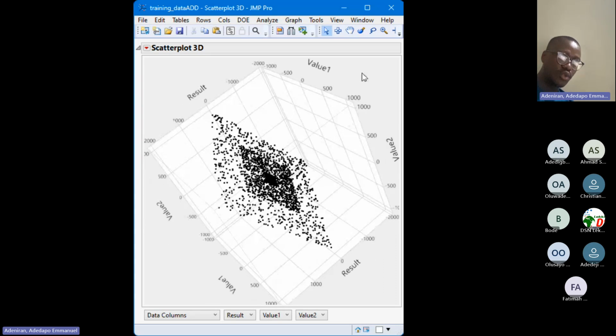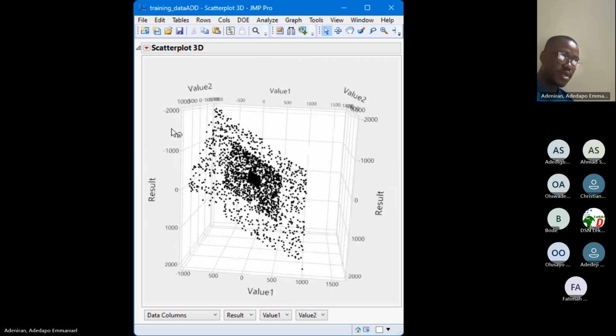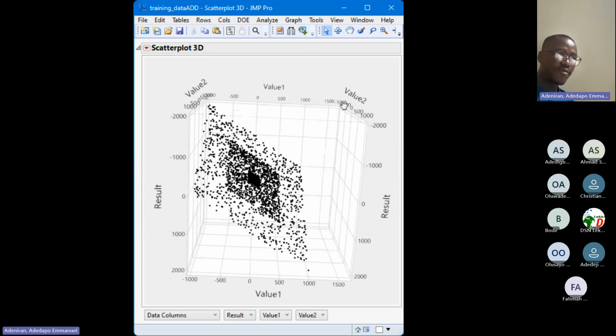So if we look at it from this angle, let me bring it down like this. If you look at it from this angle, value 1 plus value 2 will give us results on this axis. So this is the first dimension. This is the second dimension. Value 1 is the first dimension. Value 2 is the second dimension. And the result is plotted as the third dimension. The result is the dependent variable. It's depending on value 1 and value 2. Value 1 and value 2 are the independent variables